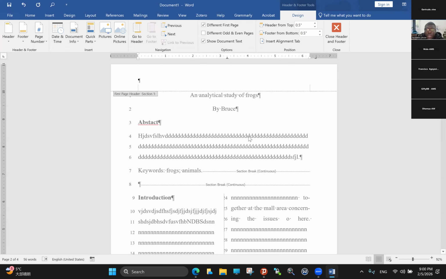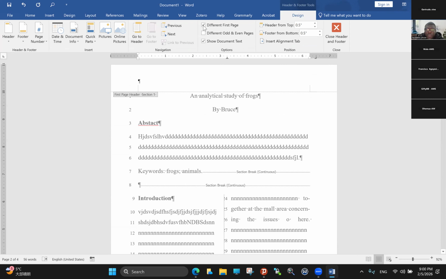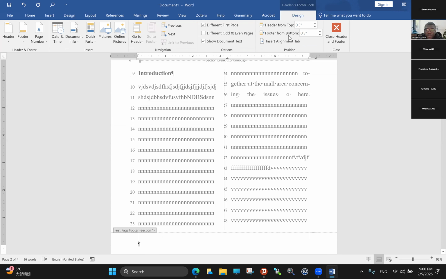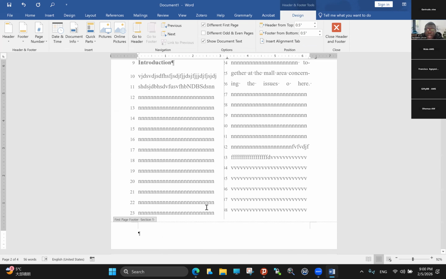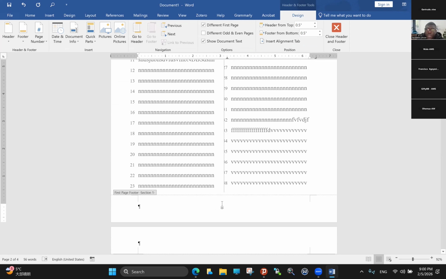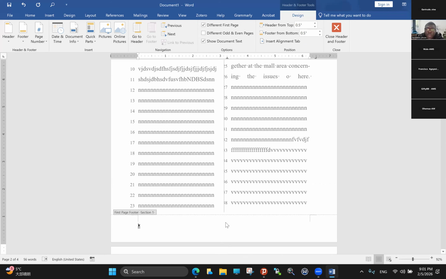Let me repeat that. If it's unchecked, I have my page 1, but once I check the different first page, it means that I don't want to show this. And this is usually what happens on most documents. The first page is not numbered. Your cover page is not numbered, right? But when you go to the second page, you still have your